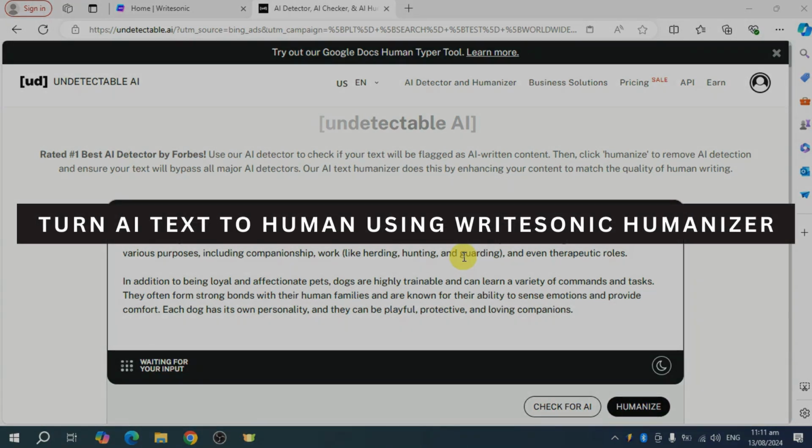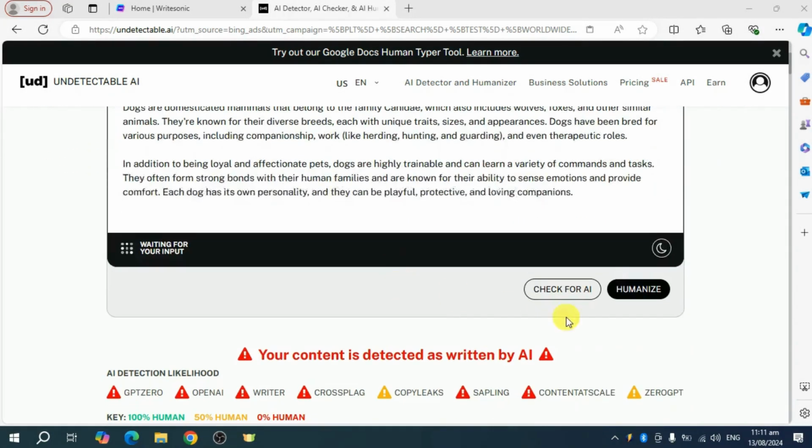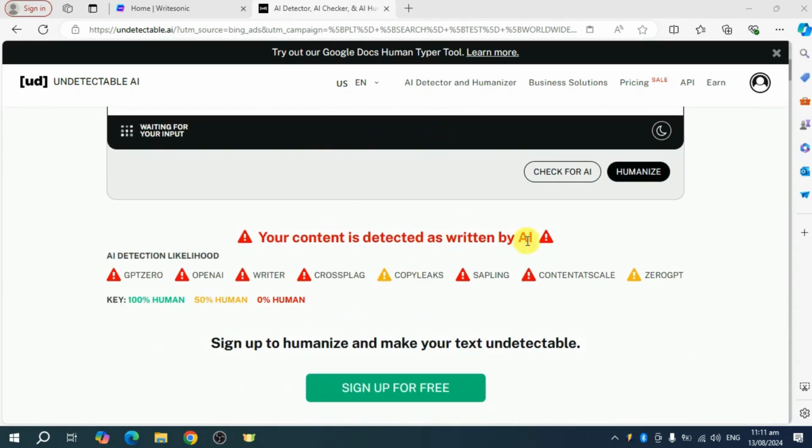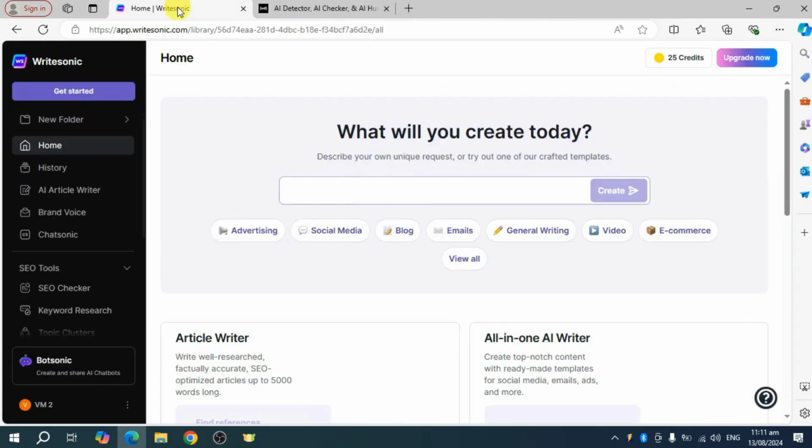How to turn AI text to human using WriteSonic Humanizer. I have here a text, and when I put that on an AI detector, it has been detected as written by AI. So what we can do is head over right here to WriteSonic